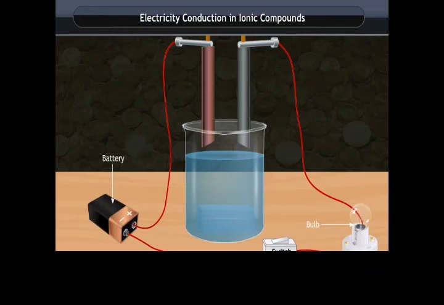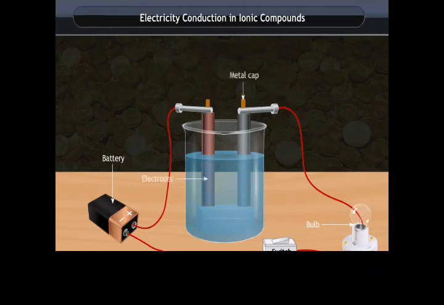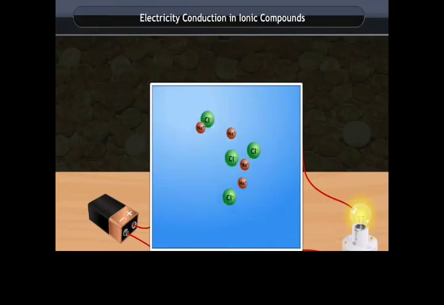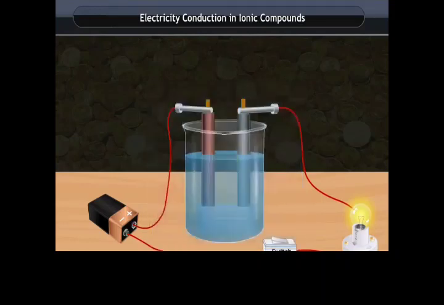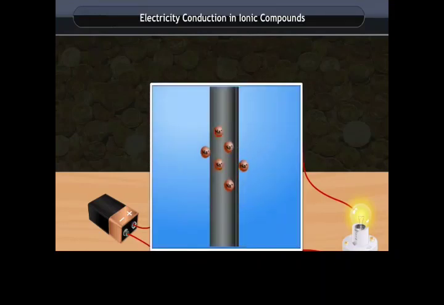Electricity conduction in ionic compounds. Make a circuit as shown here and insert the electrodes and add sodium chloride. Switch on and observe. You will observe that the bulb glows. The NaCl solution dissociates into sodium ions and chloride ions. The conduction of electricity through a solution involves the movement of charged particles. A solution of an ionic compound in water contains ions which move to the opposite electrodes when electricity is passed